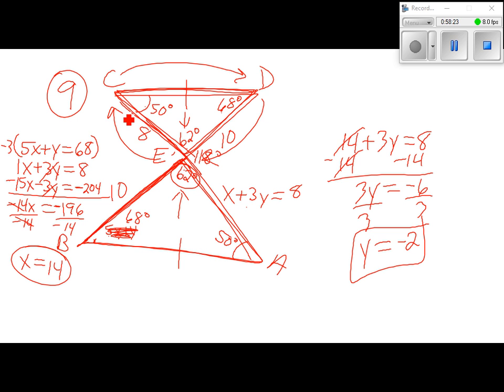CDE. What should C match up to in the other triangle? A. So what's the answers? CED. Whatever they said. Now we will